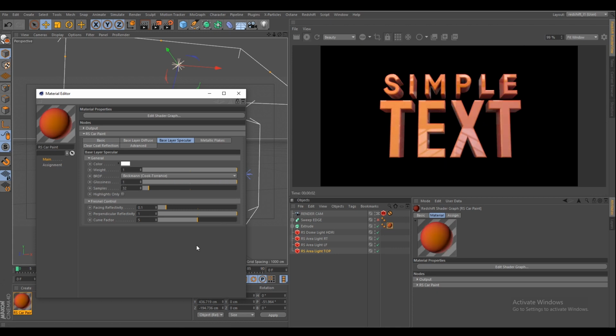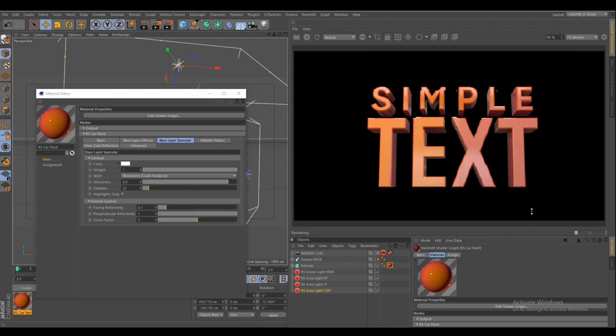As you can see, it's a purely glossy texture right now, but I don't want this kind of window reflection over here. I just want to blur it basically. So if anything, 0.9 or 0.8, it would blur it perfectly.